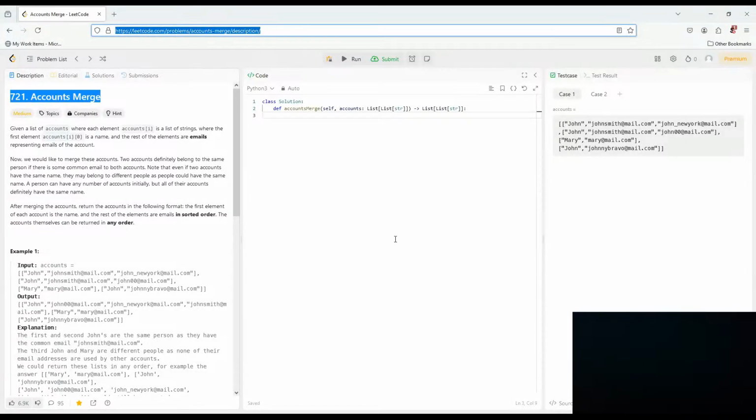721 accounts merge. All right, so given a list of accounts, where each element accounts[i] is a list of strings,